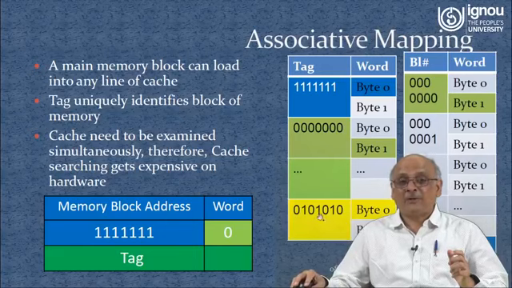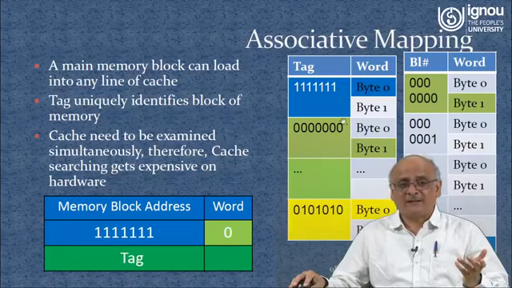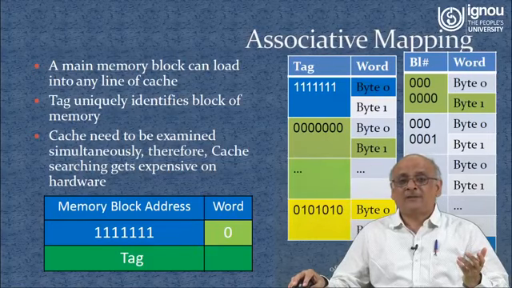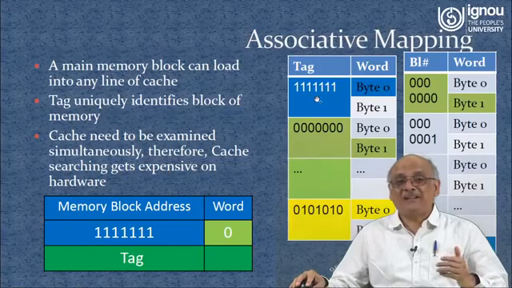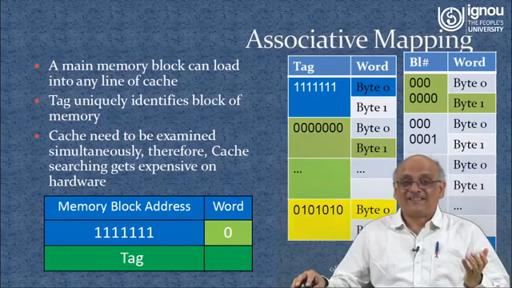In the example here, the one that is all ones can be anywhere. So it is here, byte 0. Then this green one is at the next location. Nobody stops us from using any of the locations. Whichever is empty, just put the value there. And like that. Now suppose this cache is full. Then which one should be emptied and which one should be brought in, and in what location?